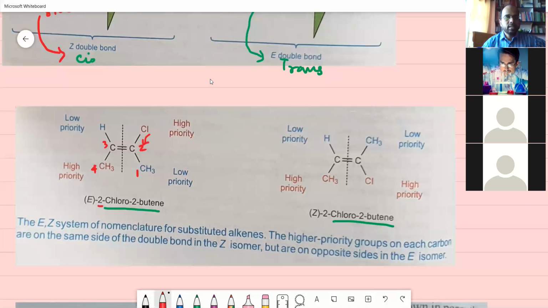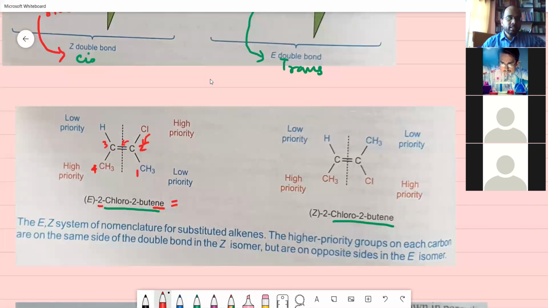The second carbon atom is this one. The double bond, ene, means a double bond. So that is also attached to the second carbon atom. So if you write it, there are two options. One is CH3, CCl. The same compound you can write here also.